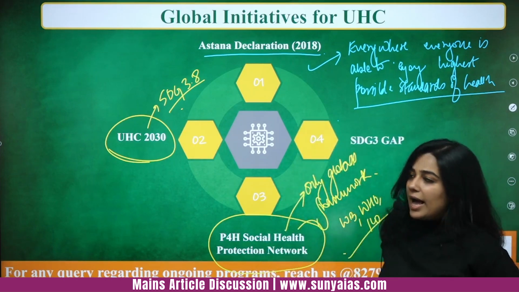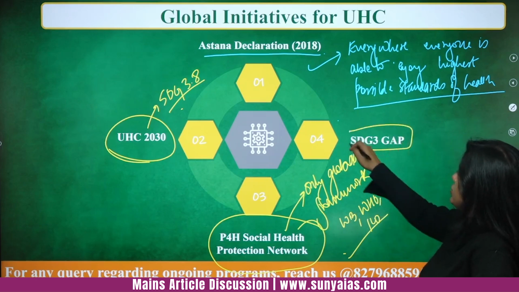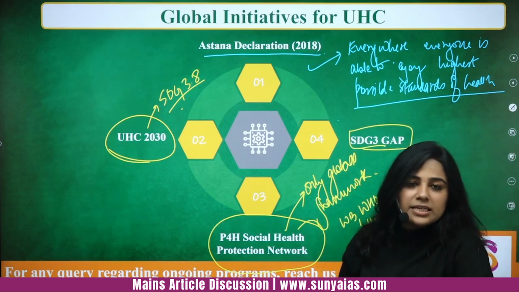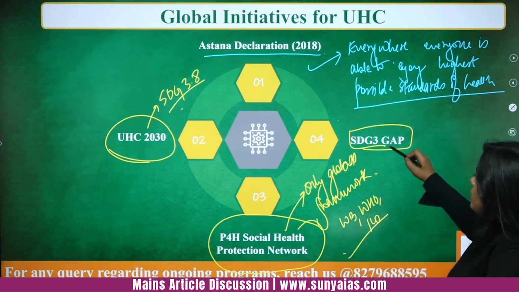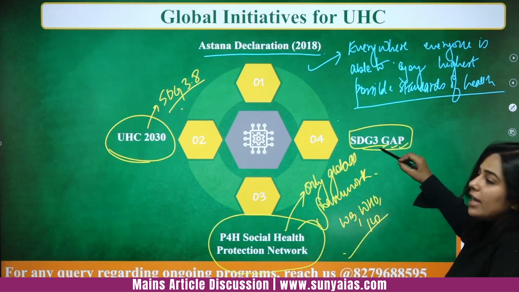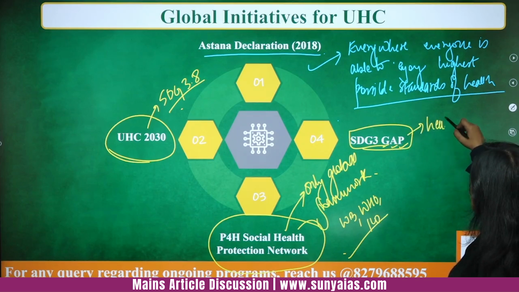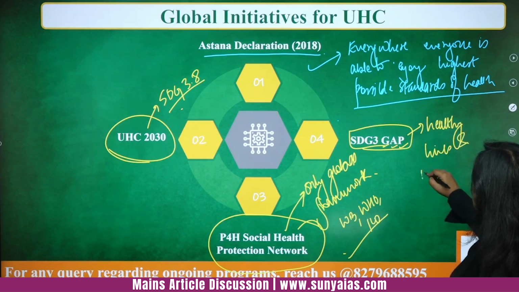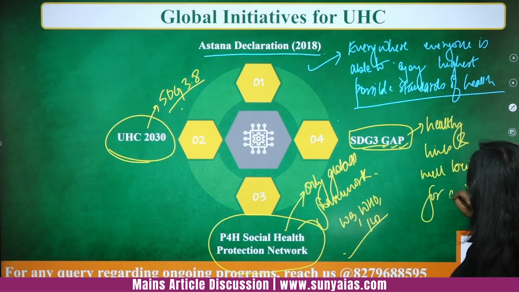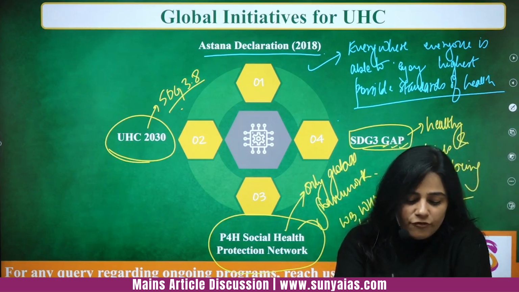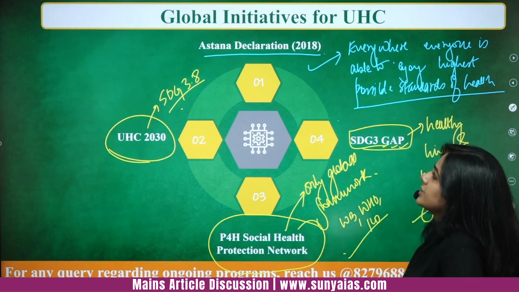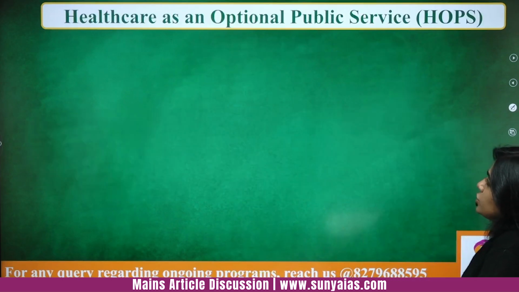Okay, and then there is SDG 3 gap, there is global action plan for healthy lives and well-being for all। ठीक है, तो ये आपका एसडीजी की तरफ ही फोकस करता है।